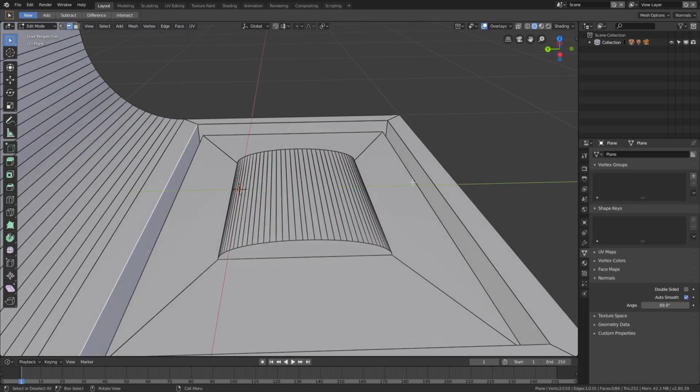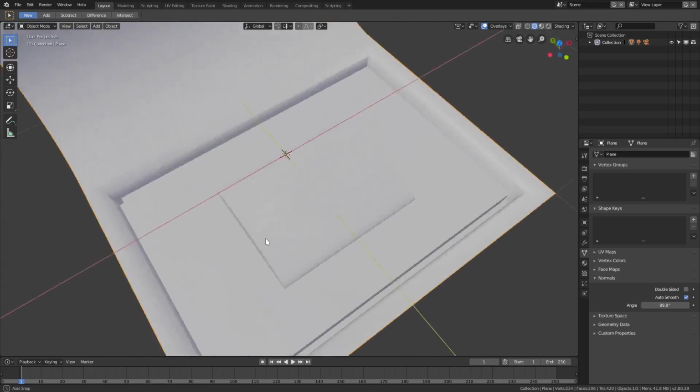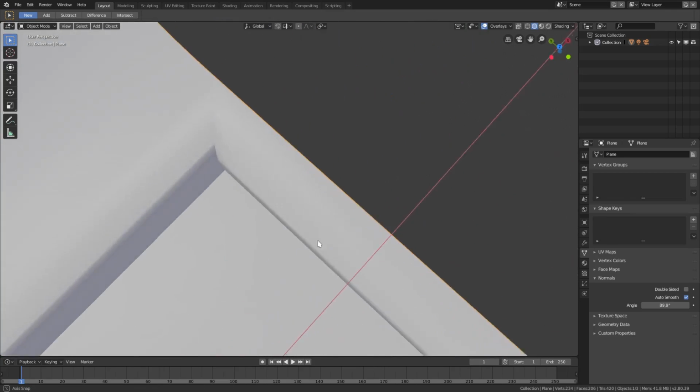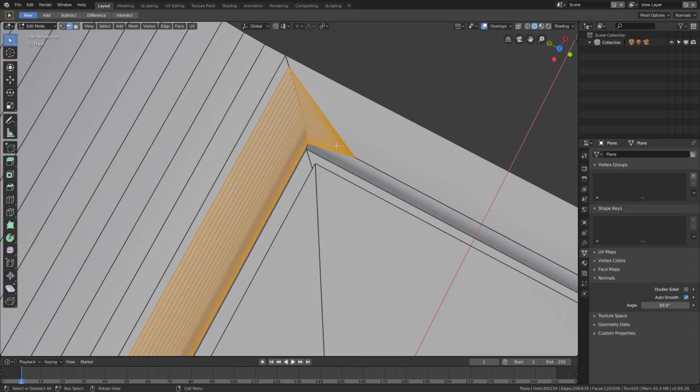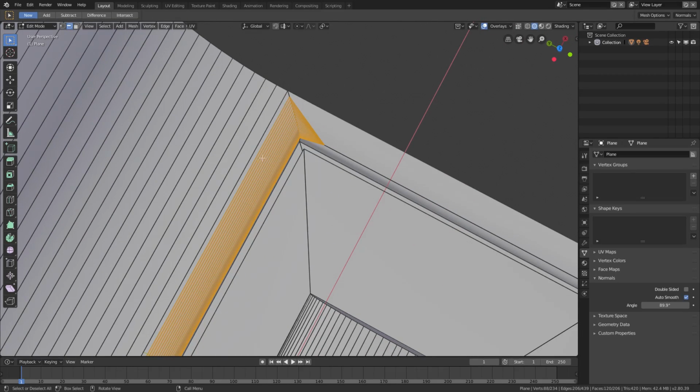And then we'll grab these two edges here. Same thing, Control B, and we will do something like that. Now you can see we have these crazy weird corners here, which actually fit this design, so I'm going to leave them. But the reason we're getting these is because all of these vertices that we're putting over here on this side by beveling are not actually over here, so they have to find a way to kind of bleed